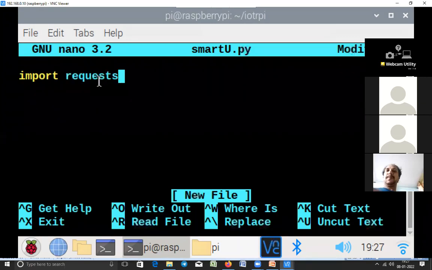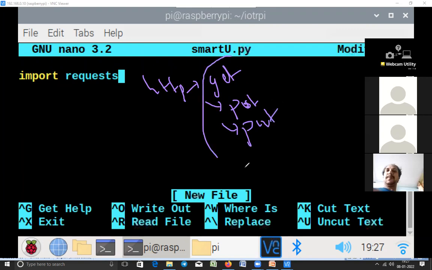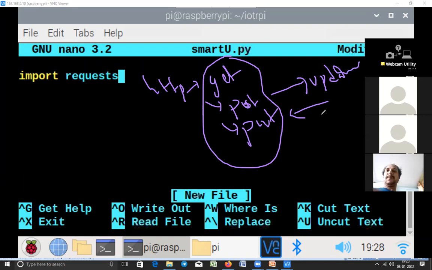In this requests module, there are different methods. Generally, HTTP has different methods like GET, POST, and PUT. These are the major methods for sending and receiving data, for updating data on the server or retrieving data from the server.